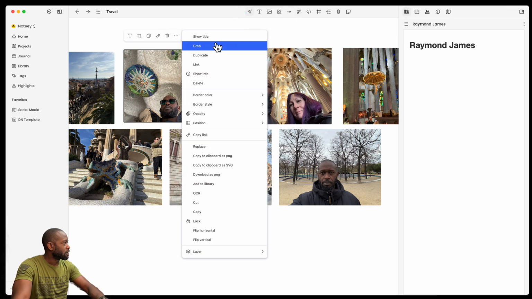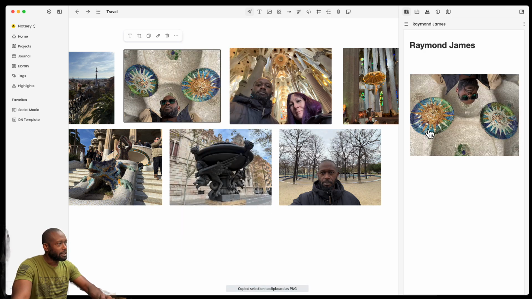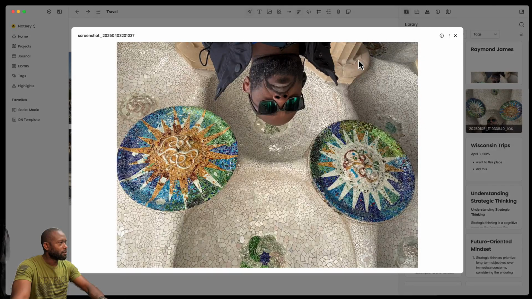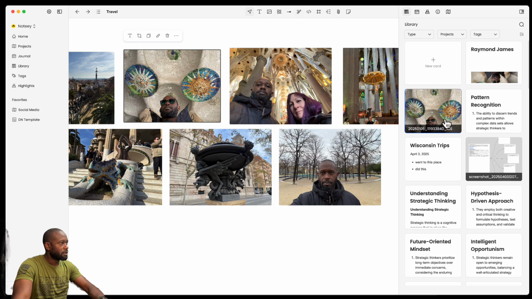Let's copy. The deal is, well, one thing here, let's copy. It's probably going to copy as a link. Nope, it does embed it. So let's go into the library, and we will see that the adding it to the library puts it in the correct way. So this is more than likely a bug that I have not seen before, but you kind